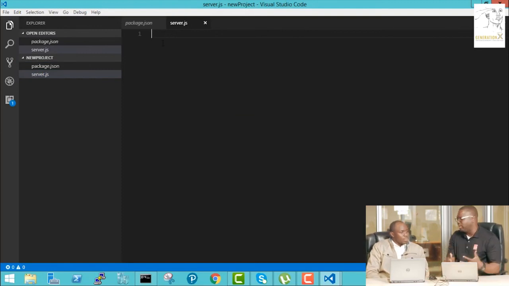So when we run our web API, we want this file to be where we start up from, right? The first thing we're going to do is use Express to spin up a new web server. This was quite interesting. I remember IIS was a huge deal. You had to install it and then create a project and then deploy to it. Yeah, and also, with the .NET application, you had to